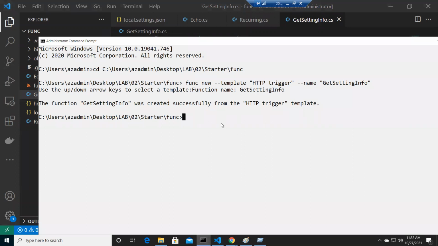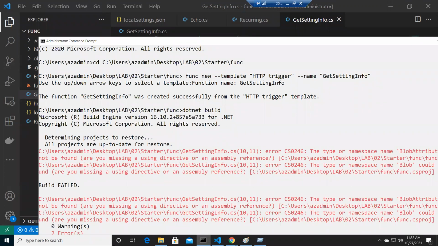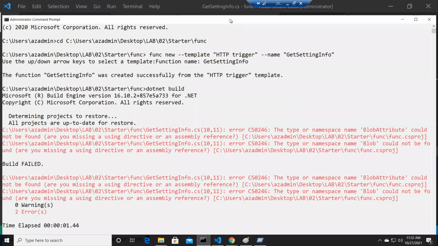So let me go ahead and build it. .NET build. I got the error. That's what I thought. It says could not be found. All right, 2 errors, blob could not be found. Very nice. So what we need to do now, we need to,